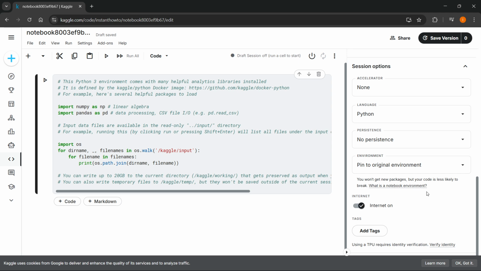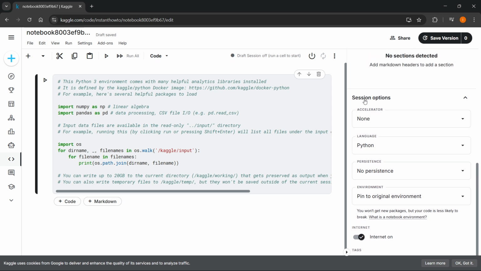To do this, you'll just click over here somewhere, and then you can verify the phone number: type in your phone number, you'll receive a code, type in that code, and that's literally all you have to do. It will take you 1 minute. After you do that, just refresh the site, and then under session options, the first option will now be